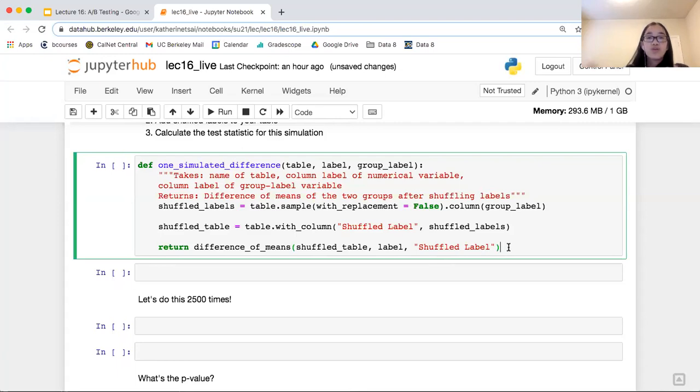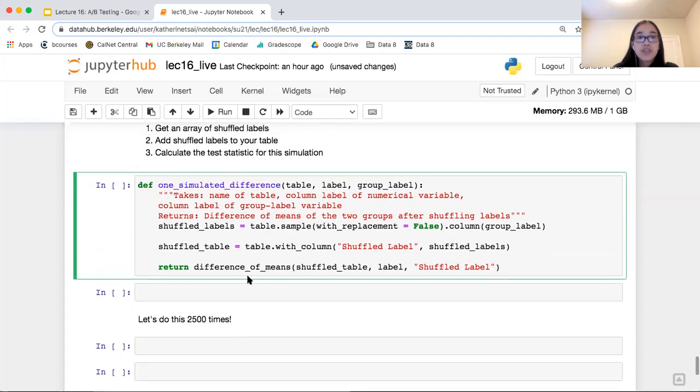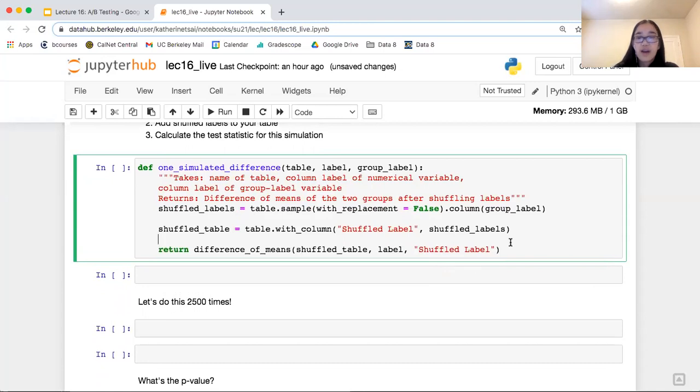Sometimes you might want to drop a column. Sometimes you might want to keep the column. It depends on what the question is asking in the specific situation. But this is a really common way we can do A/B testing. We'll shuffle the labels. We'll add those shuffled labels back into our shuffled table, and then we're going to take that test statistic function that we defined above and use our shuffled table and our shuffled labels in order to calculate that.